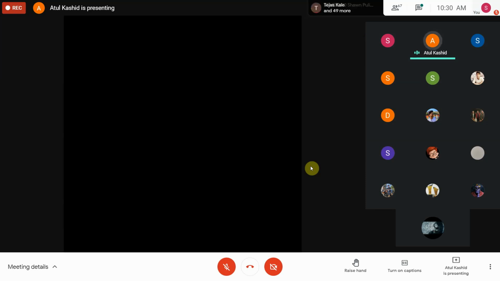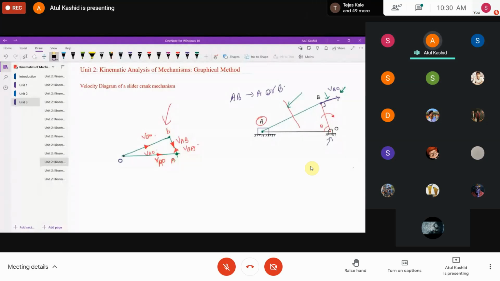Sir, what is that perpendicular line to AB in the given diagram? So we know, Bhanupriya, when we rotate the crank OB, if I say the crank OB is rotating in the clockwise direction, the link AB is also going to rotate. It will be in the anti-clockwise direction, right? Whenever any link is rotating, it will have its velocity and it will always be perpendicular to that link. As I told you, if this crank OA is rotating in the clockwise direction, it will have the velocity always perpendicular to the link, right?